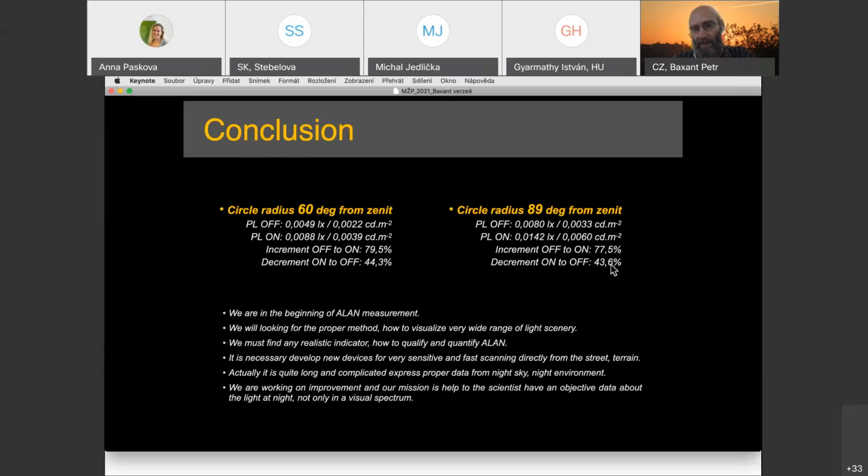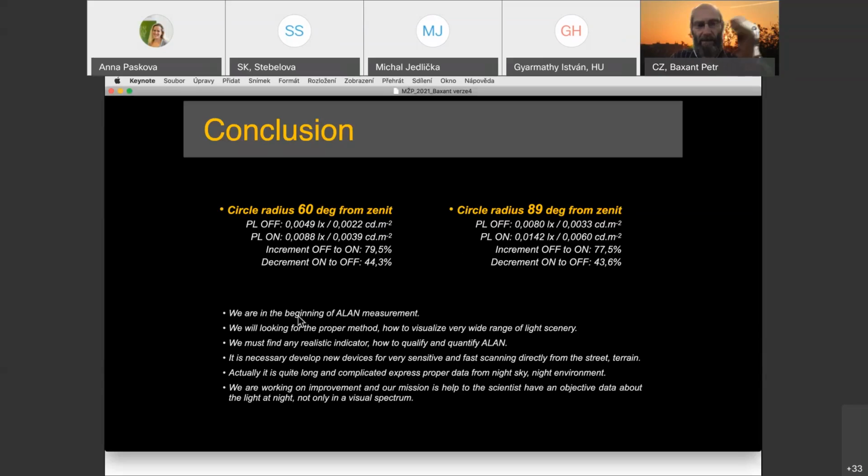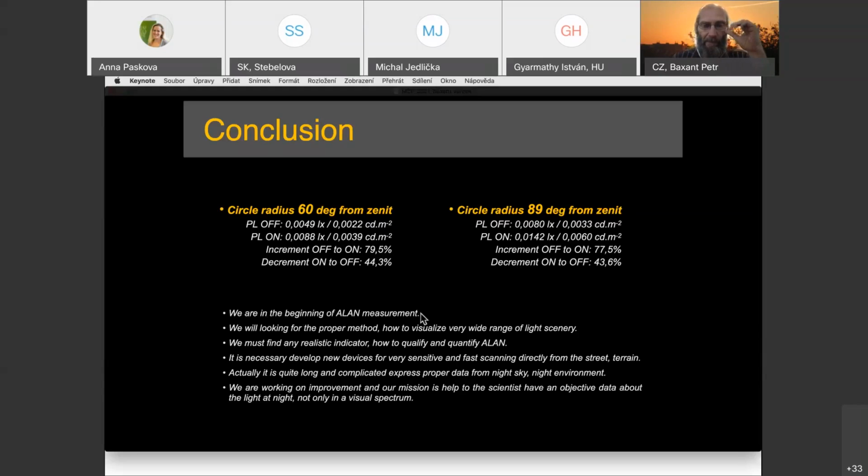So we can say that we still have a big reserve in saving of light in probably some private sector, with advertisement, shops, maybe some parking lots or buildings and so on. So I can say that we are at the beginning of ALAN measurement, and from this experiment we can say that we have devices for how to do it, but we must look for a proper method to visualize a very wide range of light scenery,